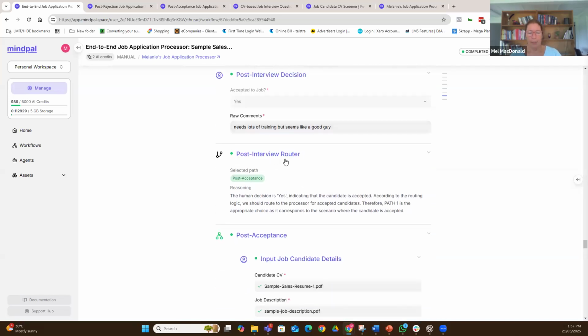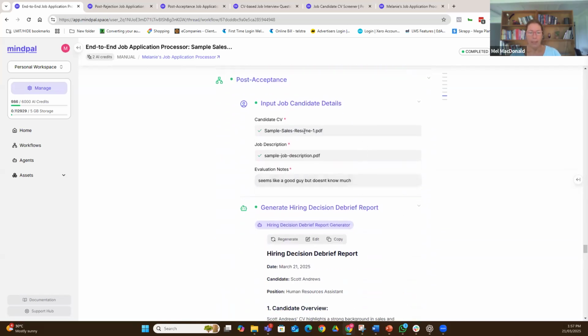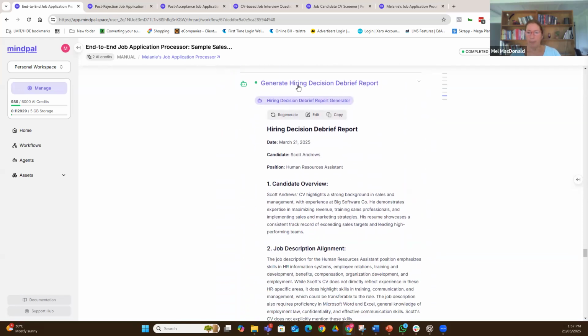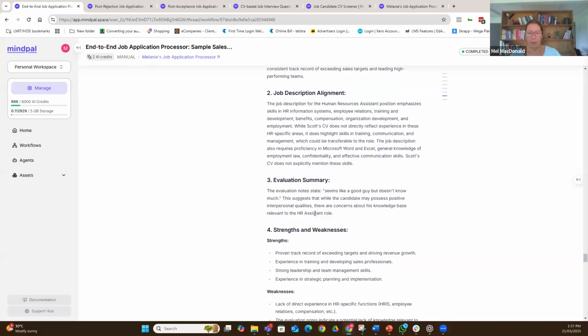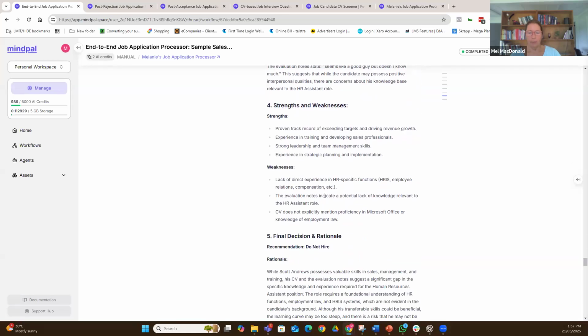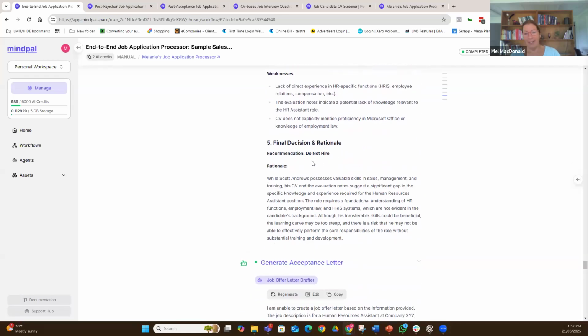So then it comes back to our little manager agent that says, okay, what do I do with this information? Well, it's a yes. So we need to put him through the process for accepted candidates. So again, we grab his CV and the job description and the notes from the interviewer, and we put together a debrief report explaining the hiring decision. So who he is, what's the overview, how does he fit, what do the notes say, what are his strengths, what are his weaknesses,